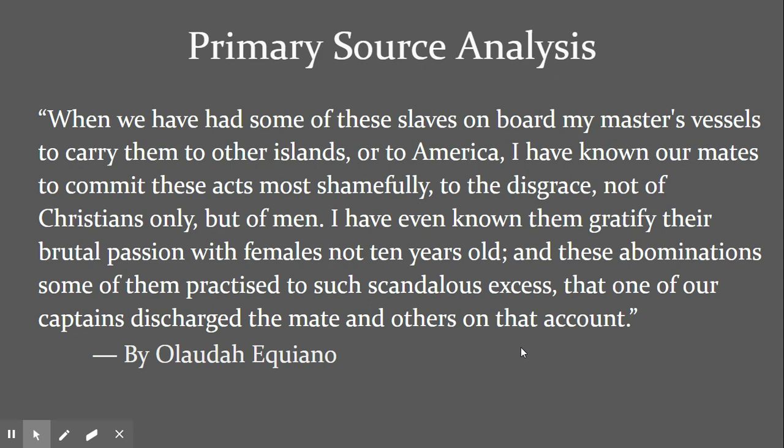This is talking about murder. This is talking about just abuse, period. These were not good men that brought these over, and obviously they can't be. If you're doing this line of work, this is the kind of person you have to be. To even think to do this to another human being, you have to be twisted. You have to be messed up in the head. And these guys were.